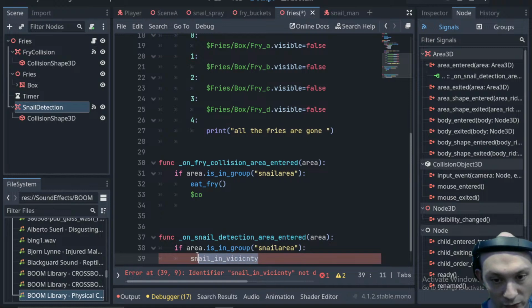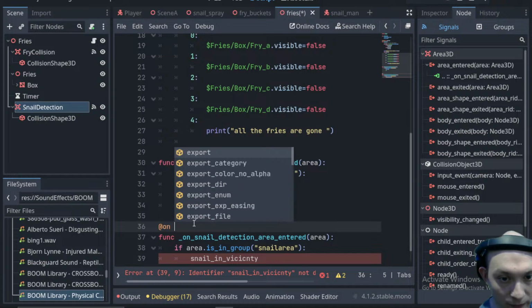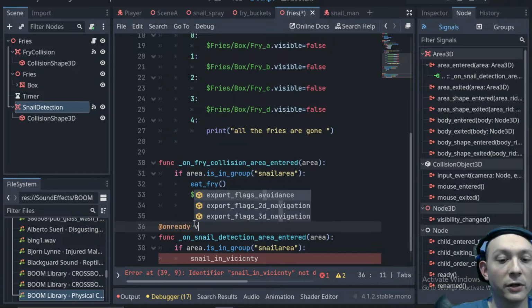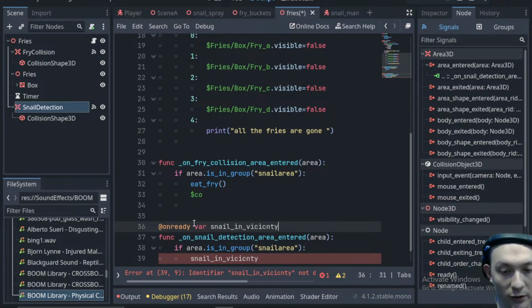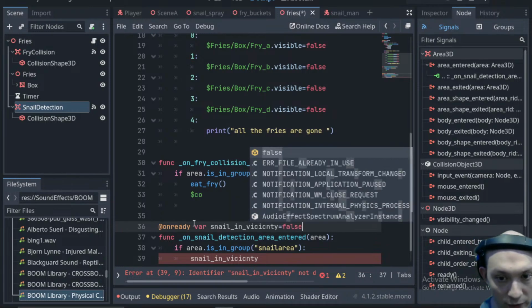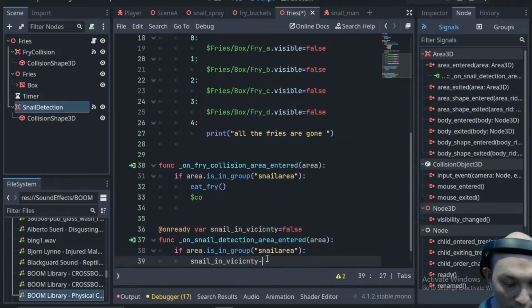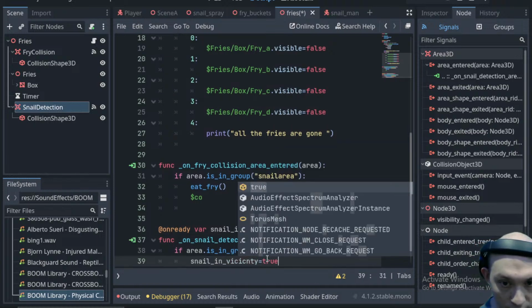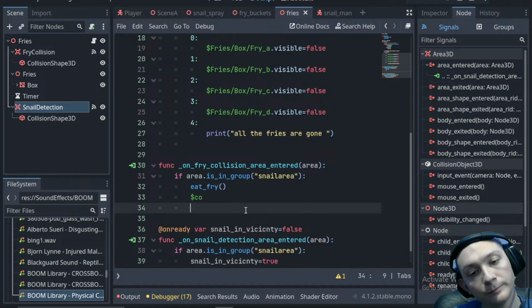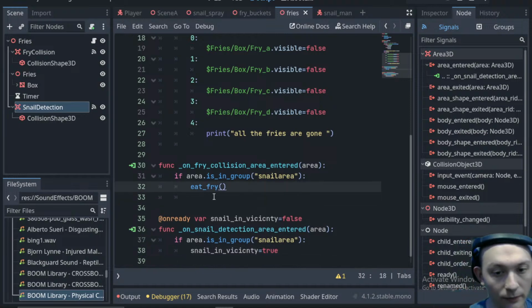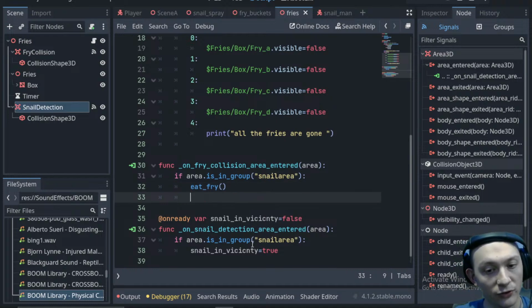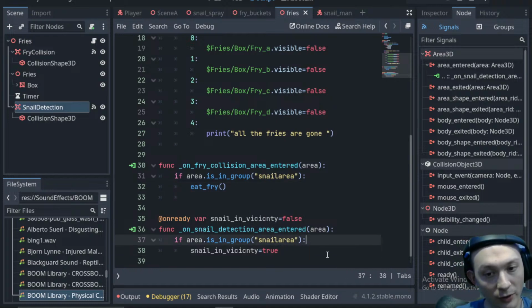Yeah, so we have to, I don't know if that's how you spell it. Let's make an onReady var. We'll put that there, and we'll set that equal to false, and then when it's in here, we'll set it equal to true. And let's get out of here. We don't need that. So whenever our snail comes up, we'll set it equal to true, and then we're going to say,